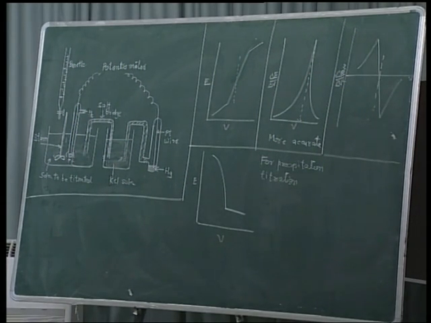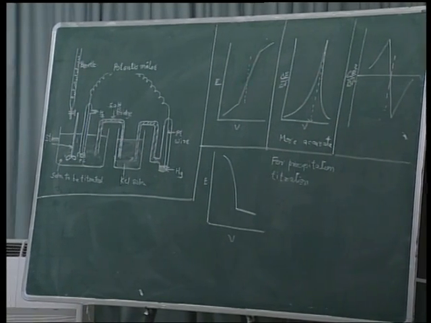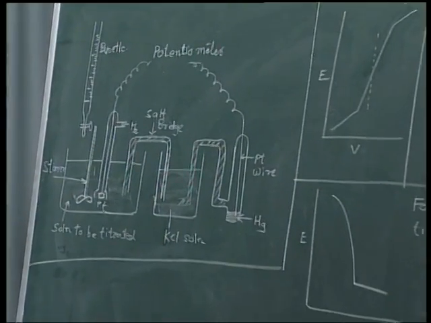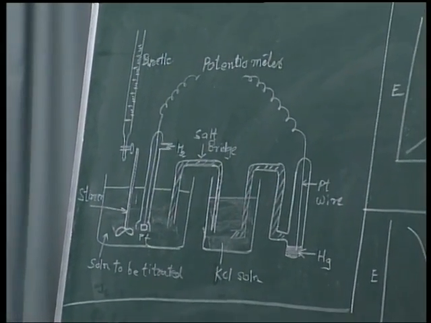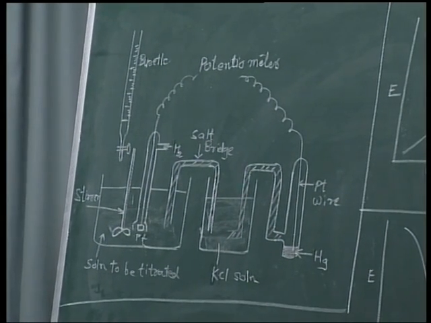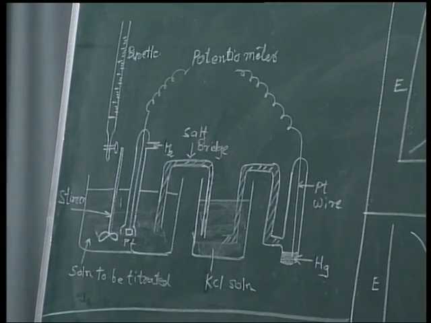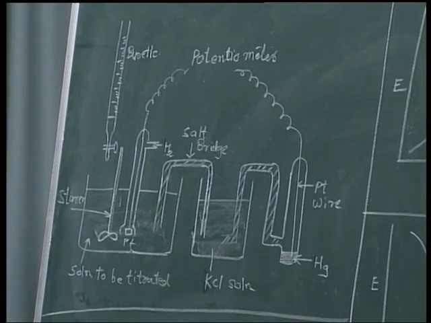A stirrer is there in the beaker, right. So, in this way the circuit is complete. Now, when we add NaOH from the burette in a neutralization titration, the number of hydrogen ions decreases. NaOH neutralizes the hydrogen ions, and in this way the EMF is recorded on the potentiometer.